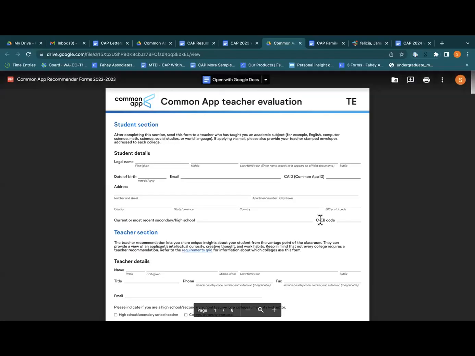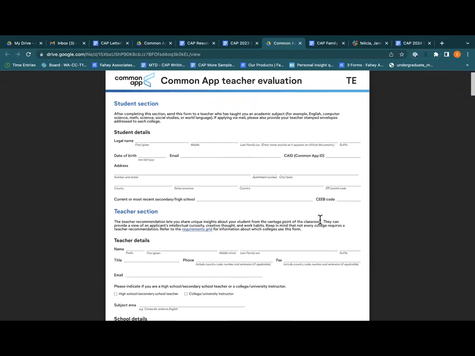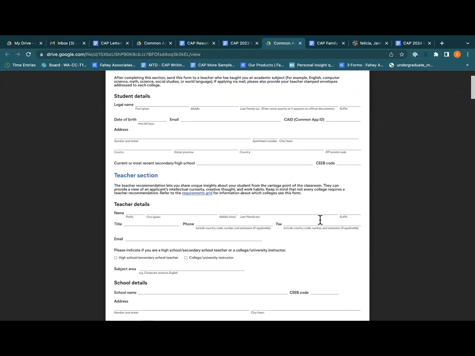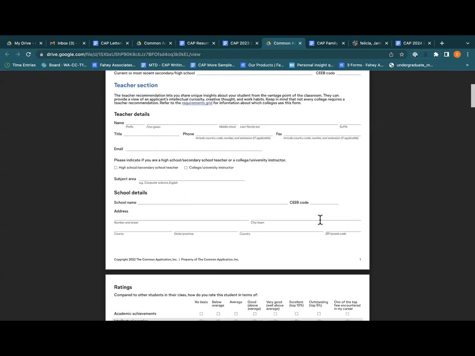I'm going to go ahead and show you that common application letter of recommendation quickly, so that you are familiar with it. Let me go ahead and share my screen here. All right, so this is the Common App teacher evaluation form. And in the beginning, there's demographic data for you to fill out and then your teacher to fill out and school details.